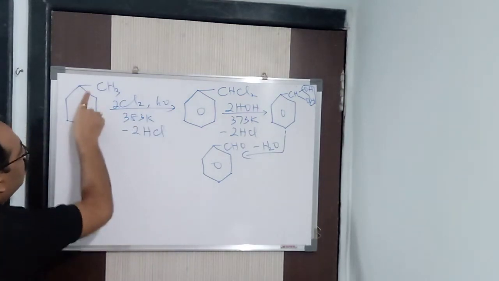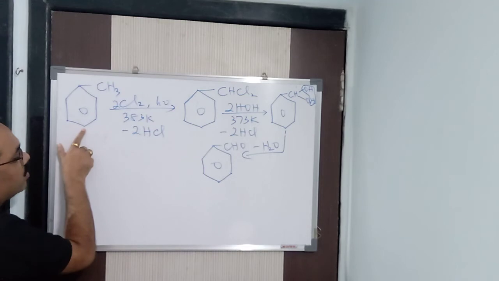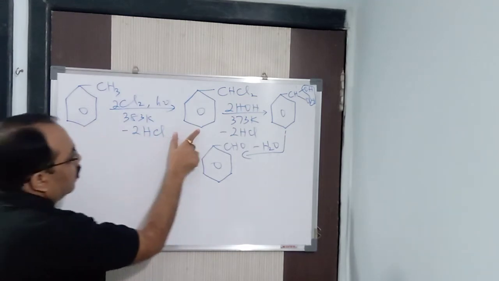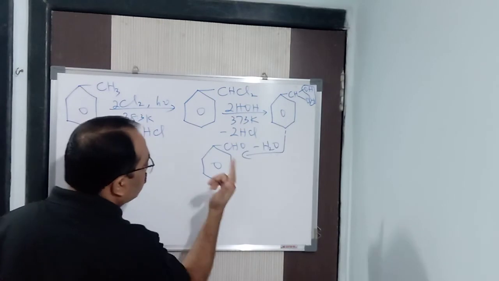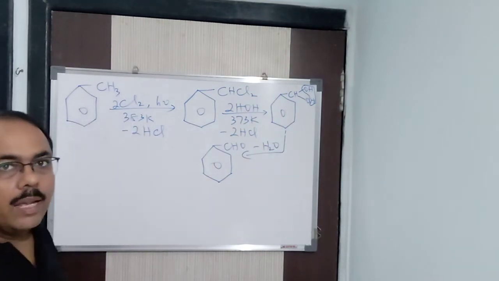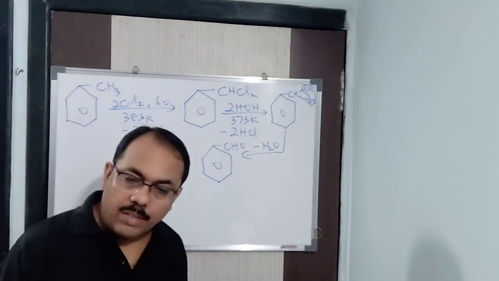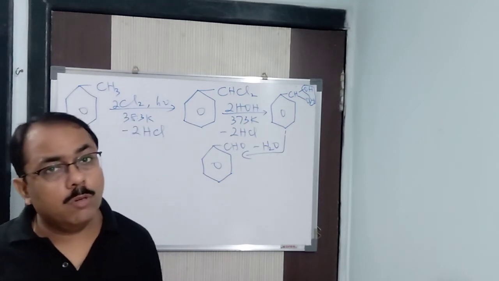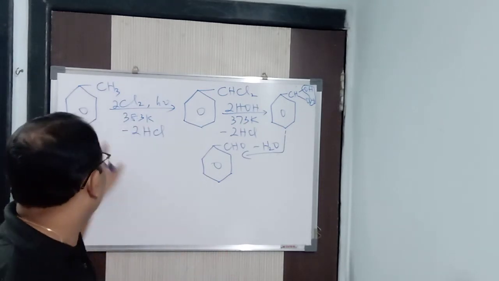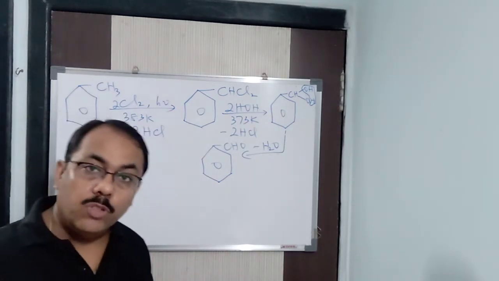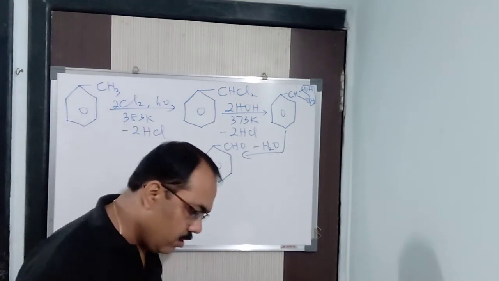Similarly, here instead of toluene, I can take a para-bromo. Suppose I want para-bromo, so in the para position I will take bromo. So here one bromo, here one bromo, and here one bromo. So I will get para-bromo benzaldehyde. The question will come: convert para-bromo toluene to para-bromo benzaldehyde. So the process is the same, just with the bromo group in the para position. Alright, clear? You will be getting it.